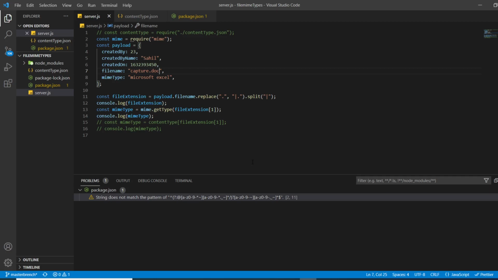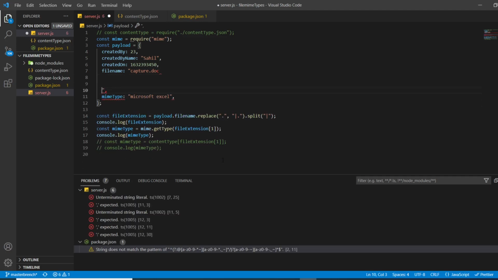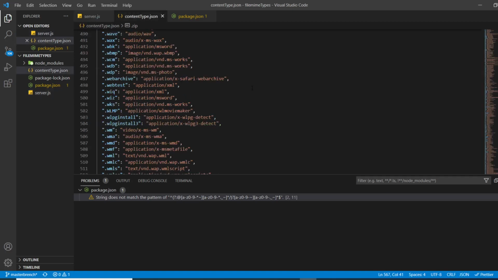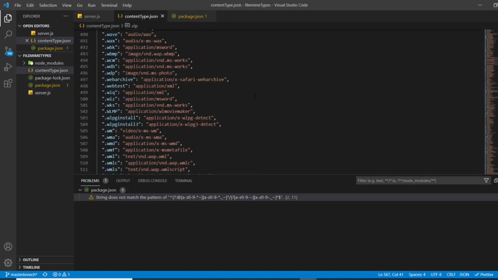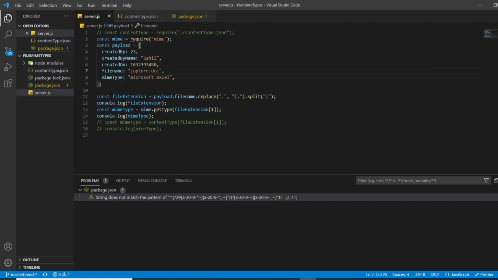Although the core concept will remain the same for Java developers as well. As far as dependencies are concerned, mime would be nice to use. But if you don't want to use a dependency in your application, then you can simply go with this JSON file. And if you don't like this JSON file, then you will simply go for mime as a dependency in your application.